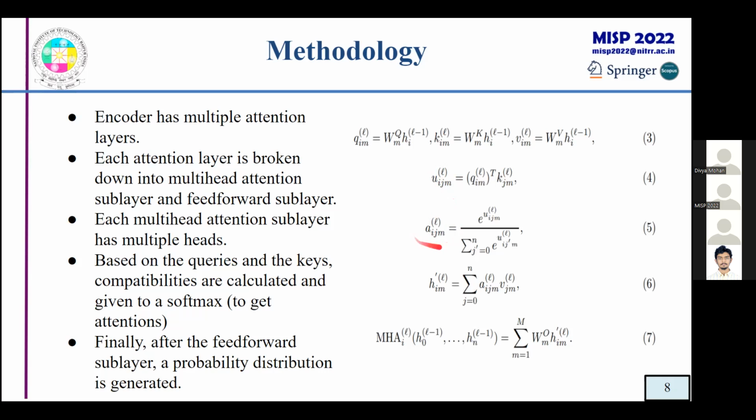And from that, a softmax function is applied, and we get the attention. These are the actual attentions. And after we get the actual attentions, those are multiplied with the values, and with some feed forward layer after this, the entire learning is projected back onto the embedding space. This is where the probabilities are generated.